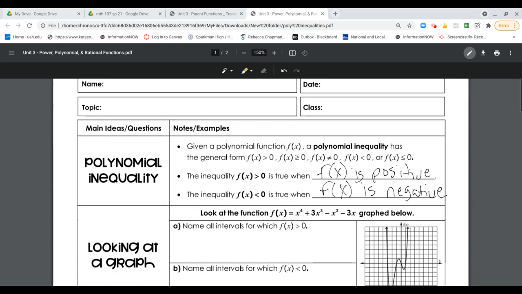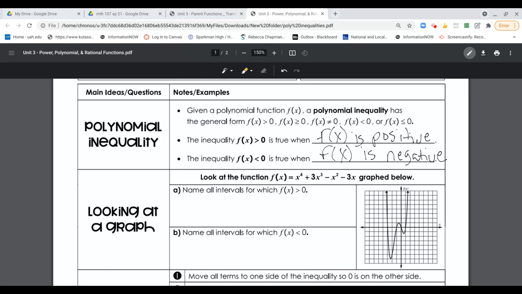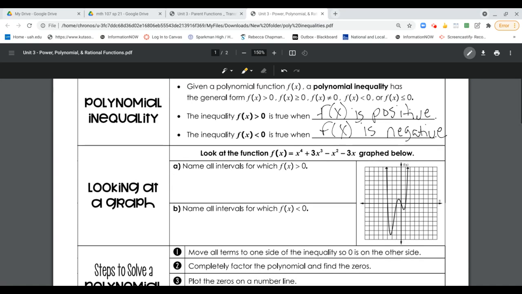We're going to talk about polynomial inequalities today. So when you're given a polynomial function, the polynomial inequality has the general form of f of x is greater than 0, greater than or equal to 0, not equal to 0, less than 0, less than or equal to 0. So the inequality f of x greater than 0 is true when f of x is positive, and that